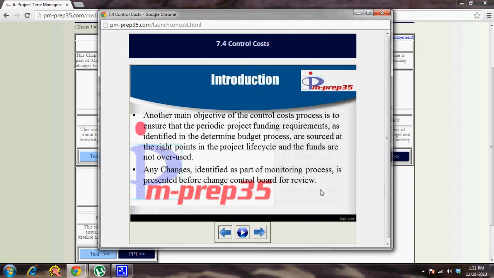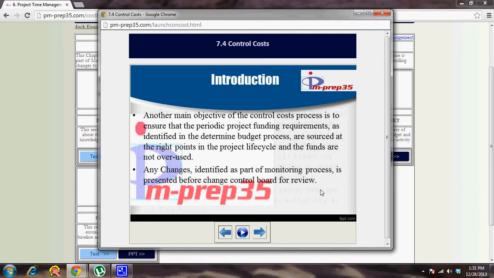So that's an important part of this particular process. While the project funding requirements are identified in the determine budget process, this process is used to keep an eye on or monitor and alert the right people at the right point of time.